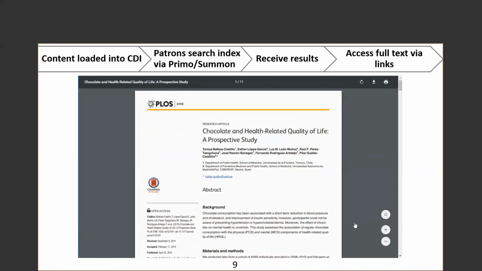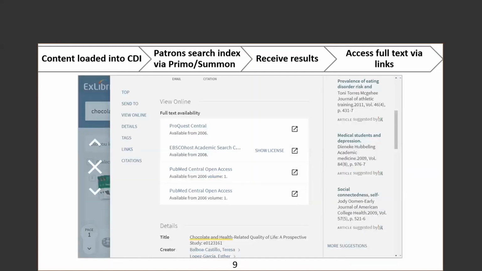And these full text links that went quickly through in the video under the view online here, these appear in Discovery because the electronic collections and the services were activated in Alma. So this is the piece where you activate your electronic collections in Alma. The citation is what your user is using to find the article, find the resource. Once they click in there, the view online is going to populate with all of the collections and services that you have activated in Alma that will bring your user to the actual full text of the material. So that's